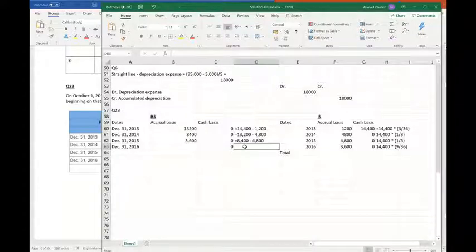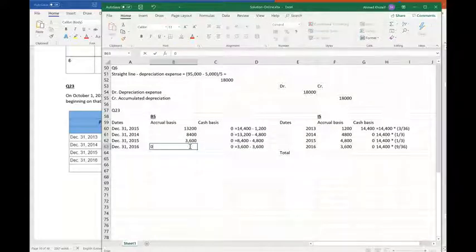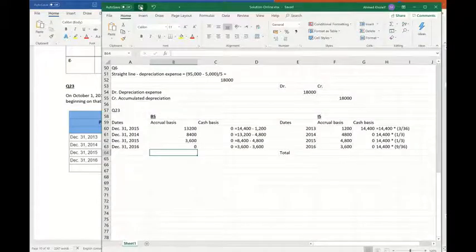And the balance here for the assets in the balance sheet will be 0, which is 3,600, the balance before the fourth year use of the insurance, minus the insurance used in the fourth year, which is 3,600. So the balance here will be 0. And this is mainly the solution to